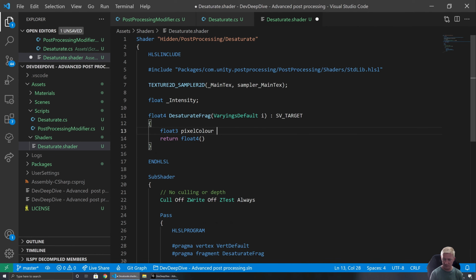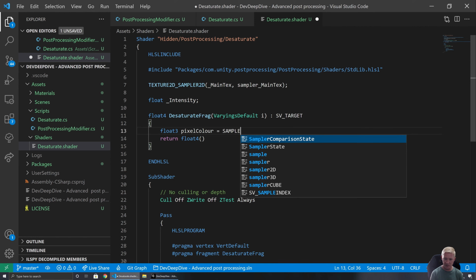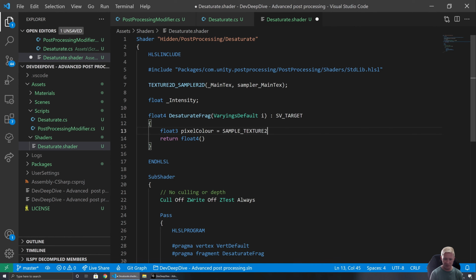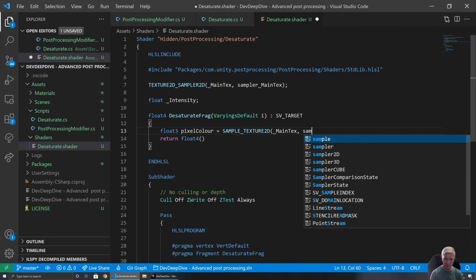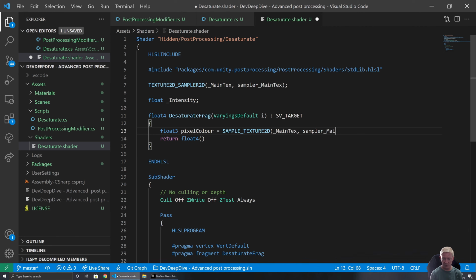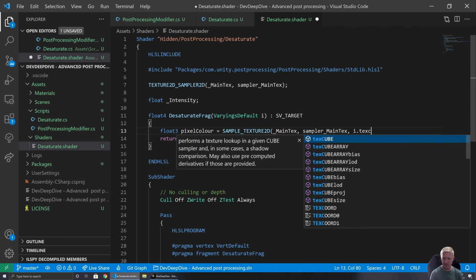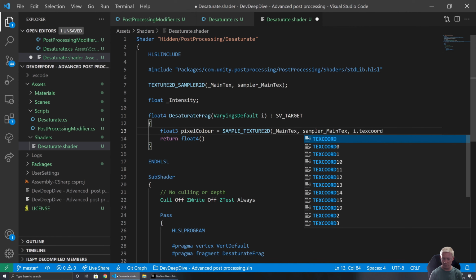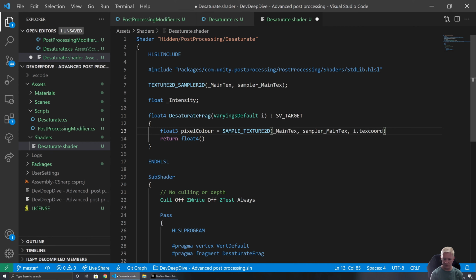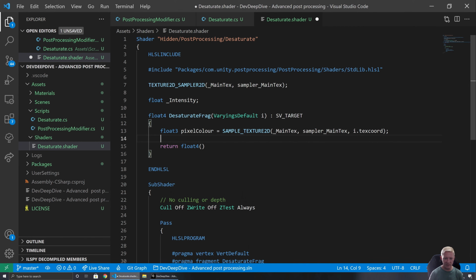pixel color, and we can go sample texture 2D. We give it that main texture. Now we need to give it UV coordinates and our sampler. So we have sampler main text, and then i.text coord. And then this will give us our sampling of the pixel color. And so we can then put pixel color